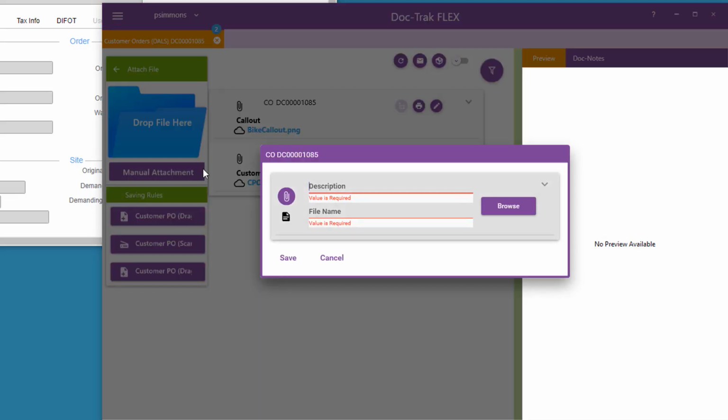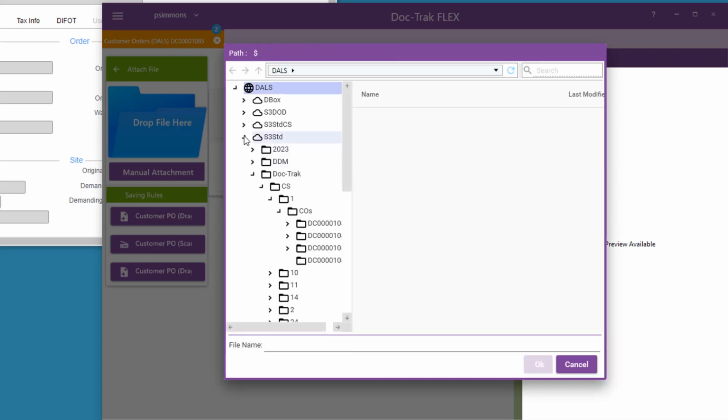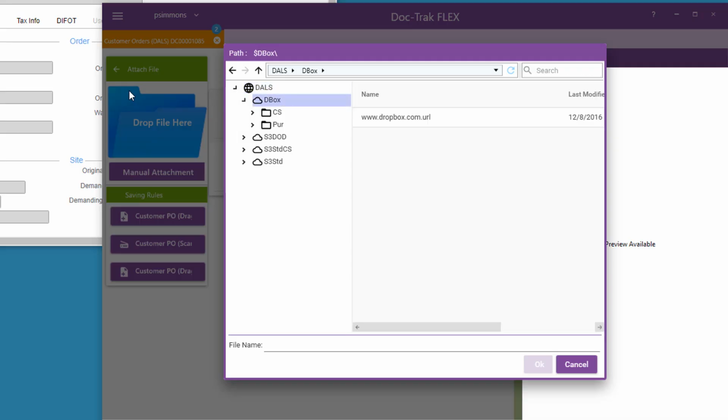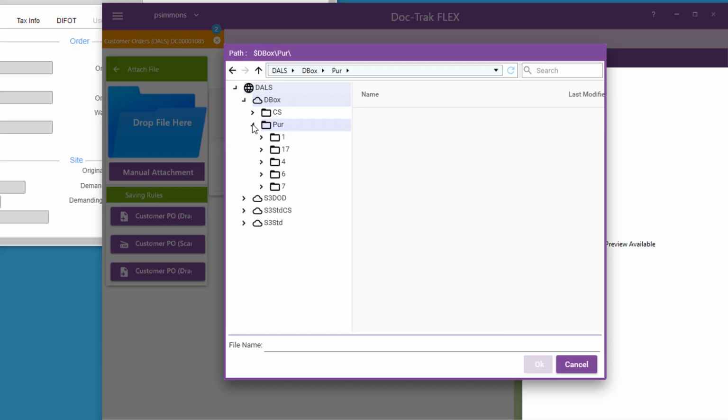To illustrate, let's do this again. Here are all of the cloud IDs that I have access to. For example, here's one we've set up for the company's Dropbox account. When I select that one, I now see a different set of folders. Again, these are the same folders you'd see if you'd logged into the Dropbox account with the Dropbox user credentials tied to this ID. So I can just navigate through these folders the same way to find and attach the file I need.